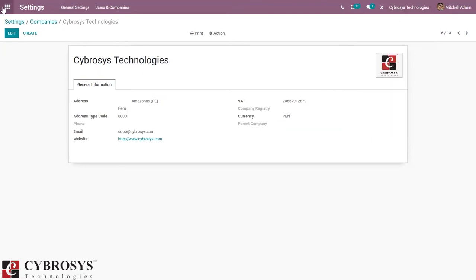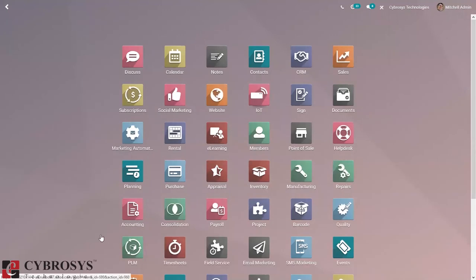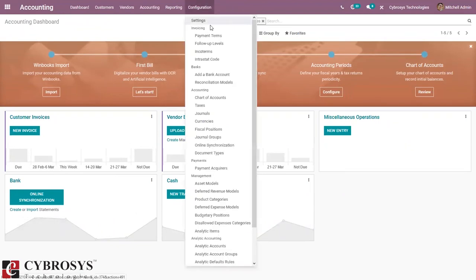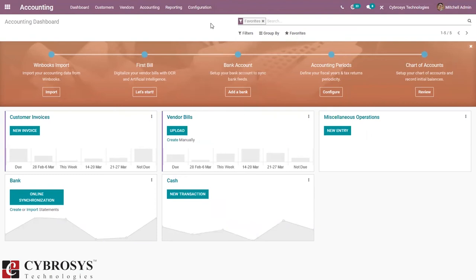Now let's go back and go to our accounting, then go to configuration settings.